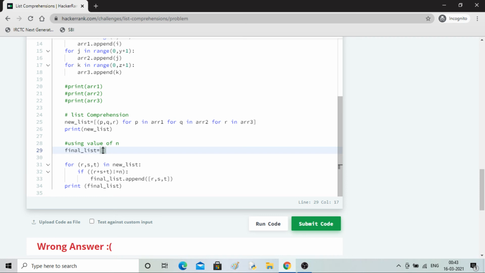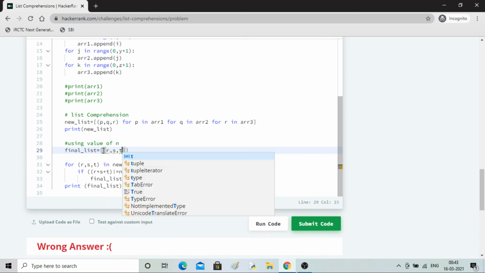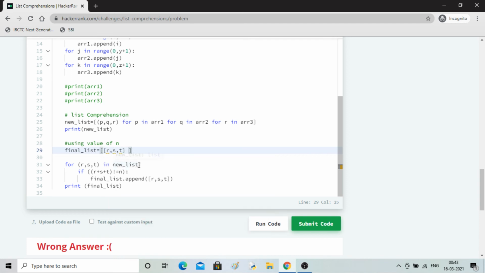So what I am taking is R, S, T. Here I am taking in square brackets R comma S comma T, and then I am writing a for loop. This guy, I am writing the for loop, and then there is an if condition, and then we are finally appending it. For the if condition, there is no semicolon required, so whatever these 3 lines of code are doing, you will do in a single line.